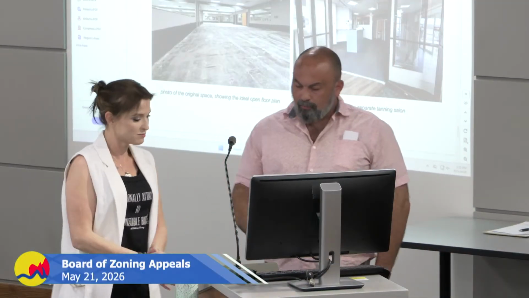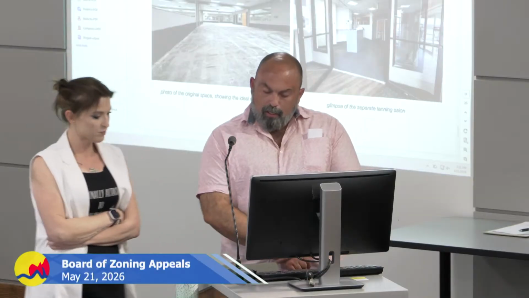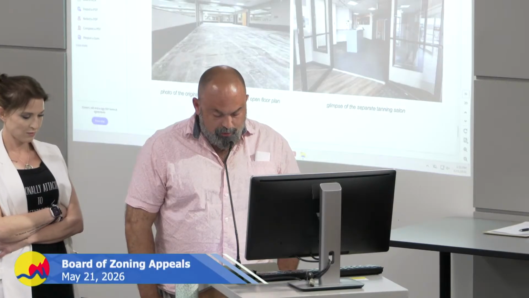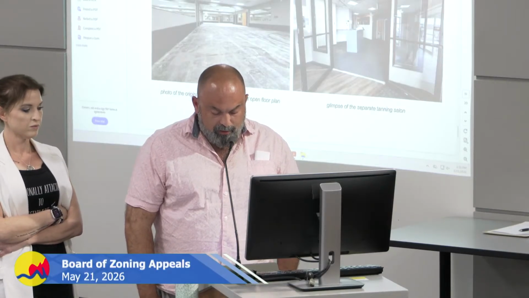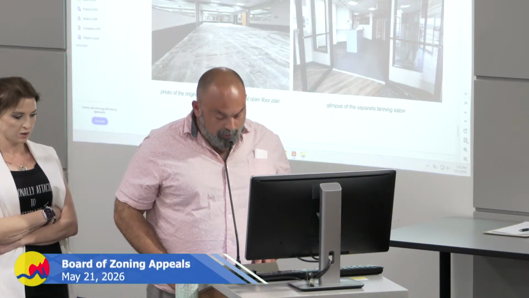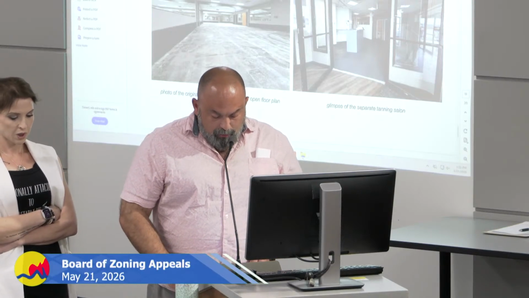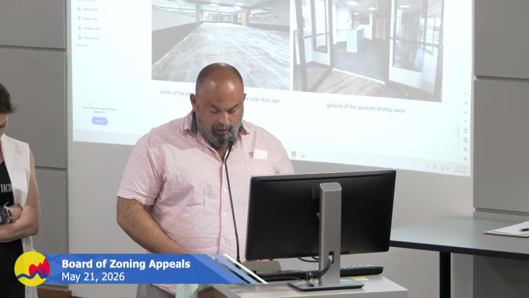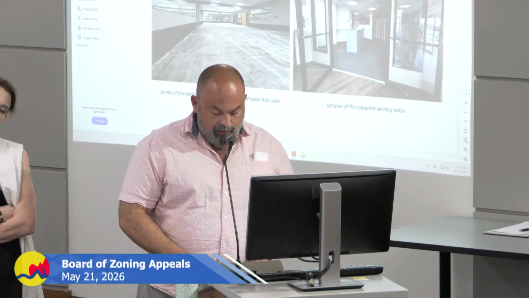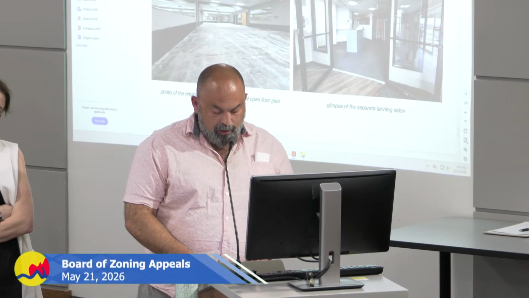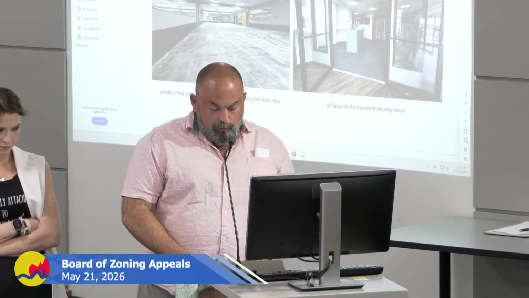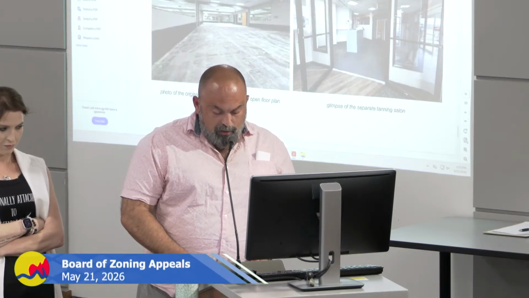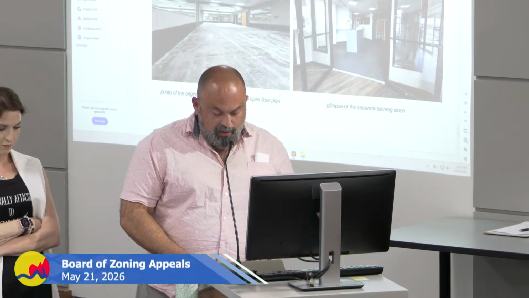Do you want me to just? Yeah, go ahead. Albatross Aviary is seeking a use variance at 1620 Leonard Street Northwest in order to allow us to keep the 85-plus exotic and displaced birds in their home safe and secure. Founded right here in Grand Rapids in 2015, Albatross Aviary is a 501(c)(3) nonprofit sanctuary dedicated to the rescue and rehabilitation of exotic and abandoned birds impacted by the pet trade. Through ethical care, behavioral rehabilitation, and public advocacy, the aviary works to end systemic avian exploitation and promote a deeper understanding of birds as sentient and social beings.